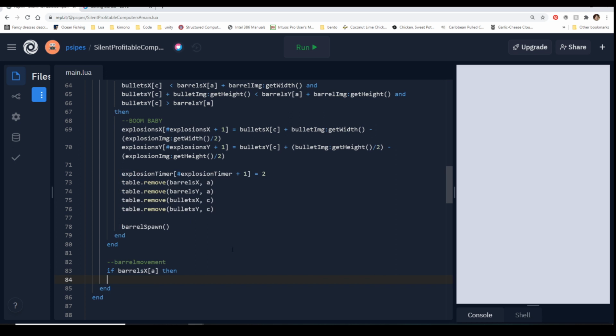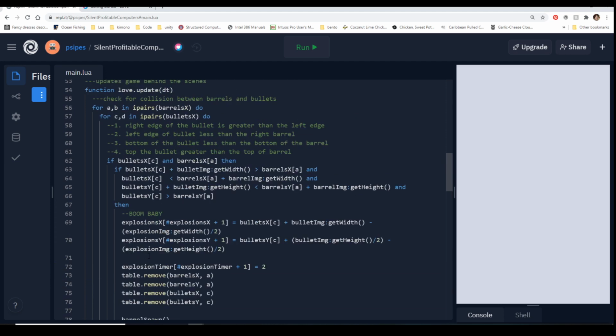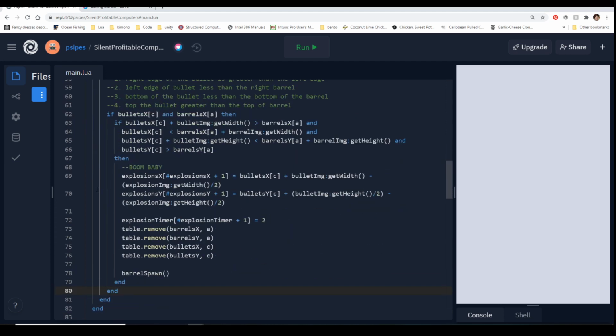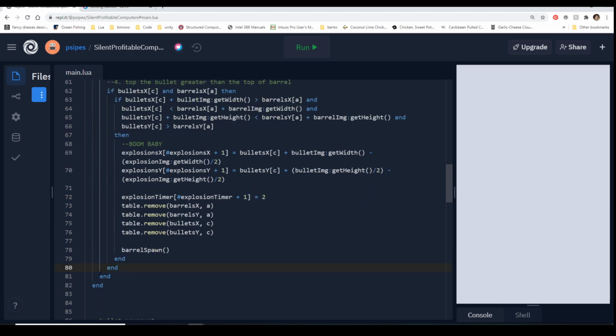Oops, no, I lied. That goes one more outside. Does it? Yes, it goes one more. I lied. It goes there. Again, this is why counting and looking at where all of your ends are is a good idea.